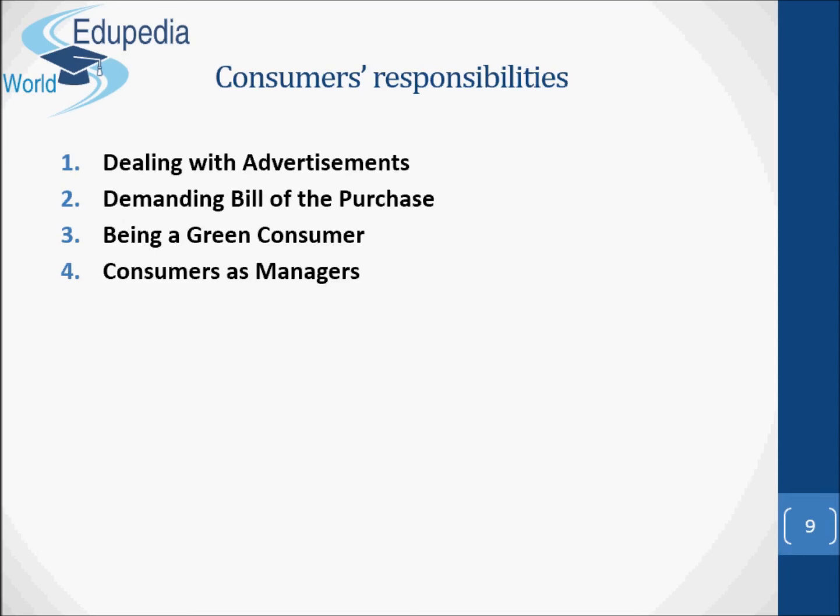Consumers as managers. Consumers can unite together to provide themselves and the community at large of a locality or village some basic needs such as drinking water supply, health, education, etc. It is the government who acts as the manager for delivery of services, but the government departments are often blamed for inefficient and erratic delivery of such services. So consumers can unite to provide such services.